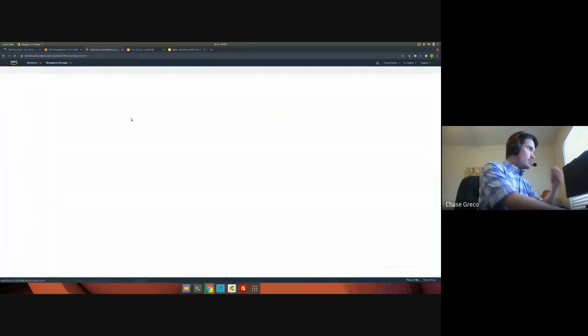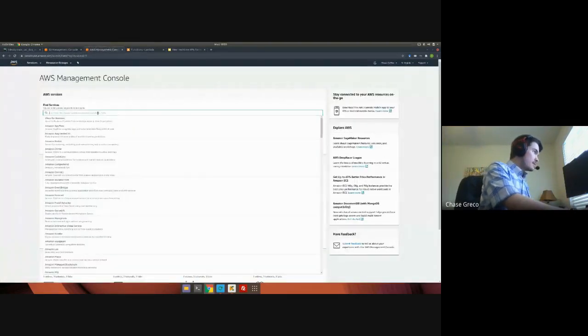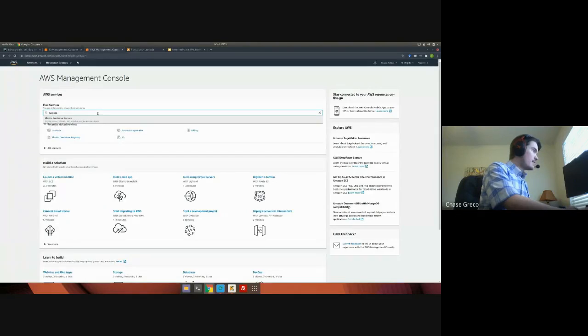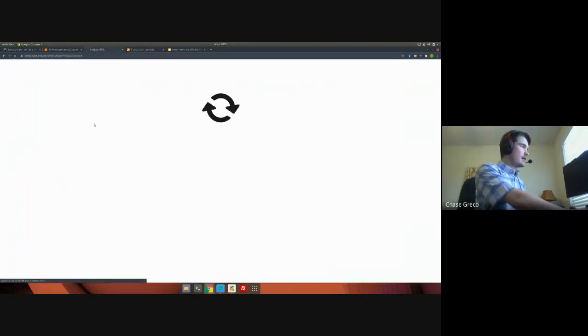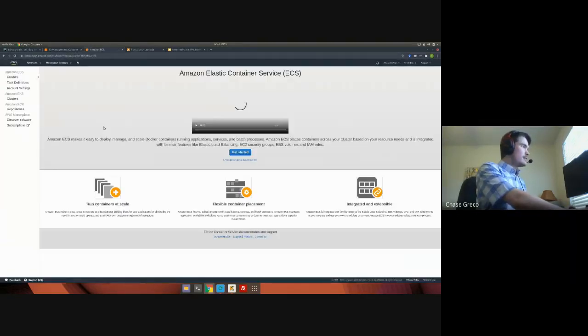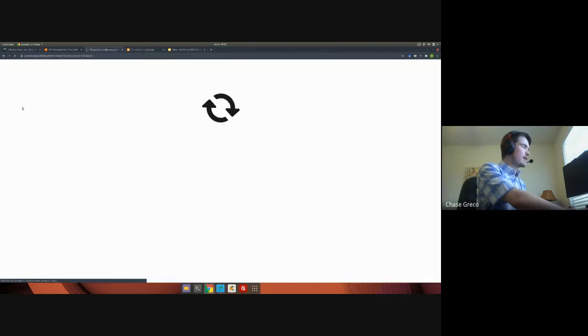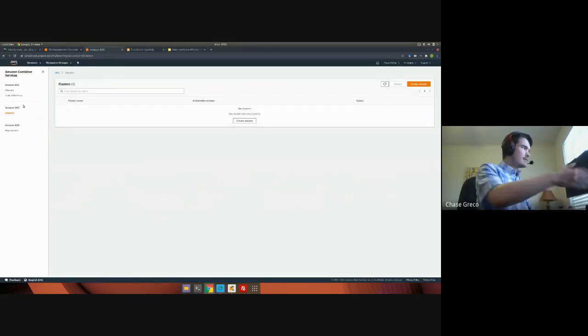One of the other options that I really like is something called Fargate, which is part of the Elastic Container Service. I don't have any clusters running here, but you can think of Fargate as sort of like a managed Kubernetes setup, if any of you are familiar with Kubernetes. Instead of setting up an entire Kubernetes cluster yourself, you just tell AWS,